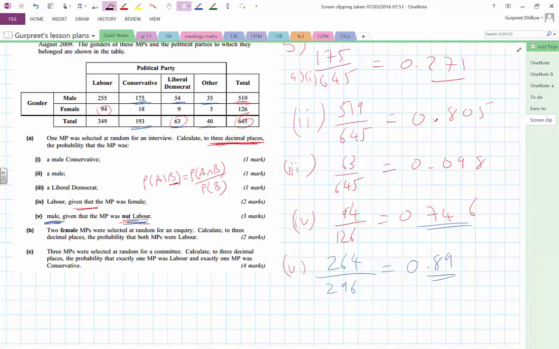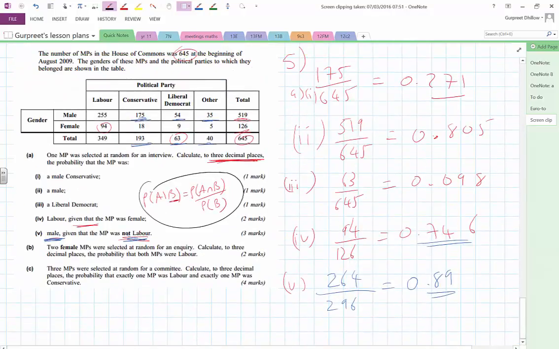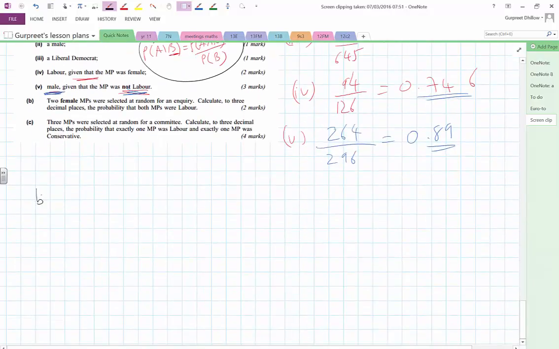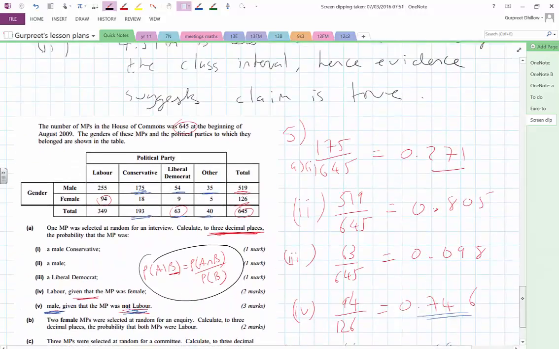So though some of you struggled on the given thats, it is a straightforward method that you should have learned, this thing here. Right, let's go on to part B and C to finish off then. So for part B, 2 female MPs were selected at random. Calculate the 3 decimal place probability that both MPs were Labour. So we're only selecting females, so the total is out of